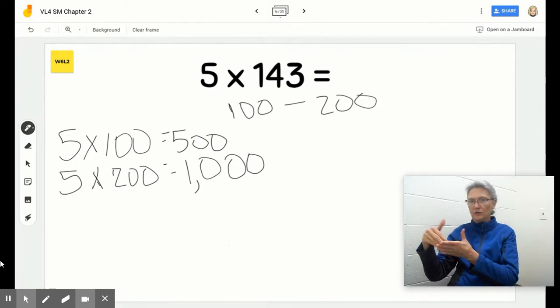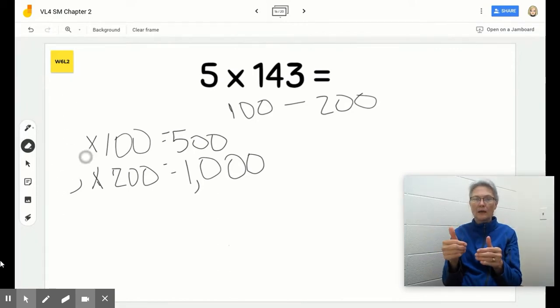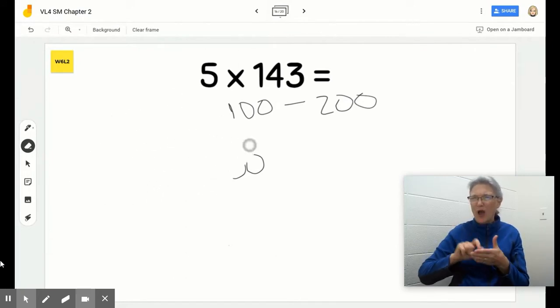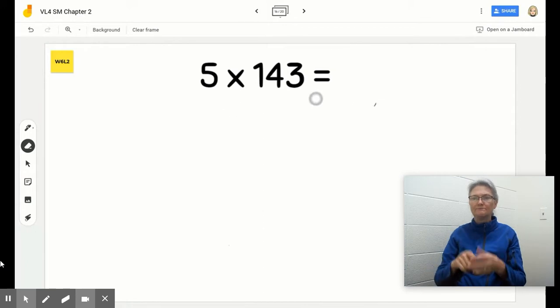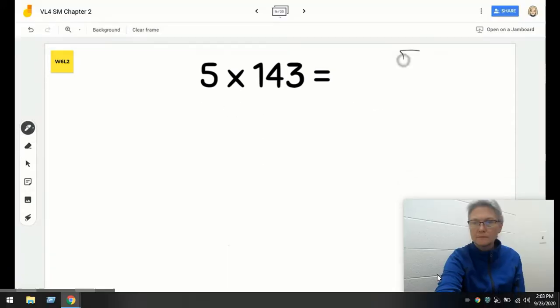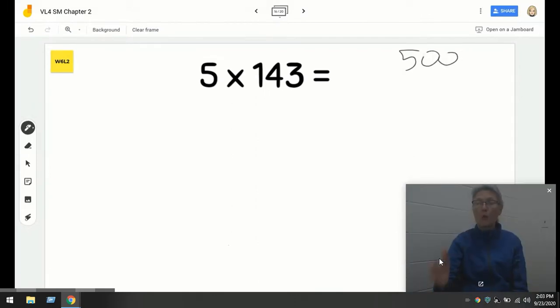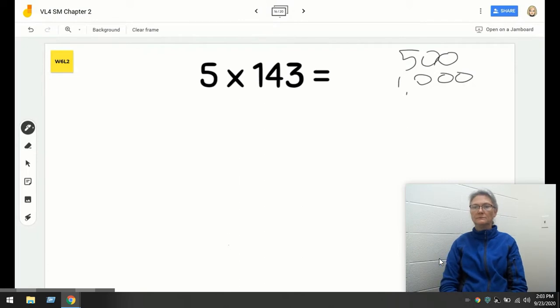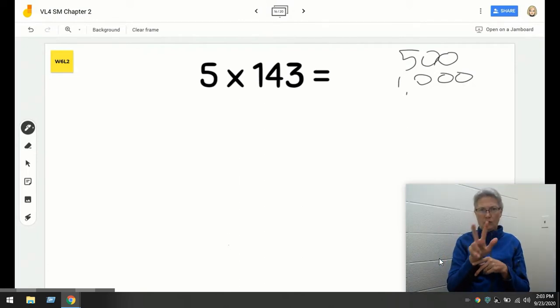All right, let's go ahead and get started. To save space here, I'm going to delete some of this and write it off in the corner so that we don't forget. Okay, so now we've already identified that the answer will be between 500 and 1,000. Okay, when I look at 5 times 143, I can see that we have 3 columns right here,